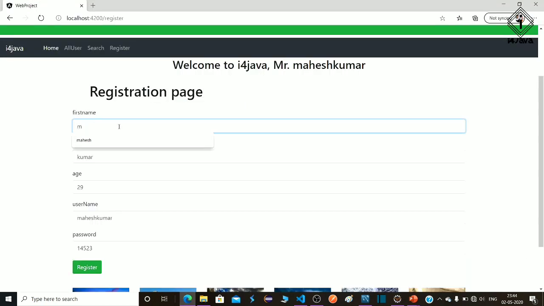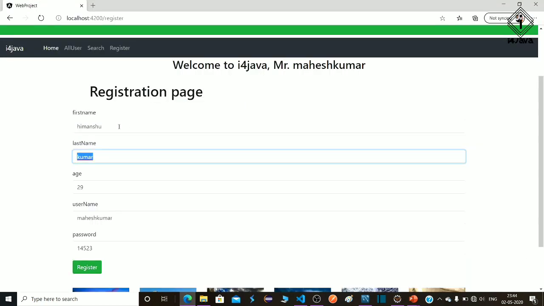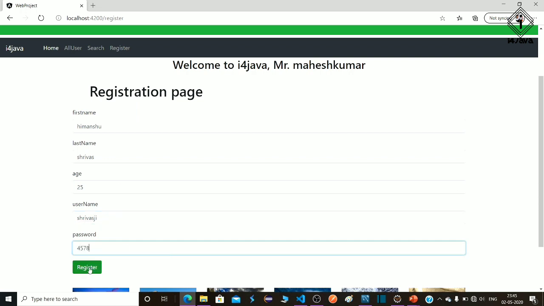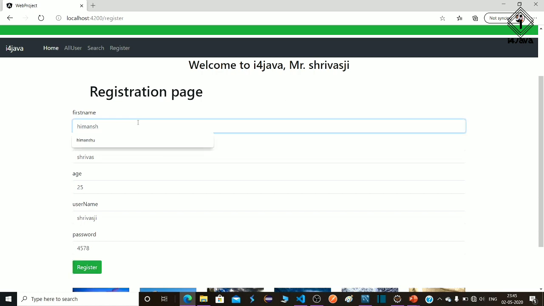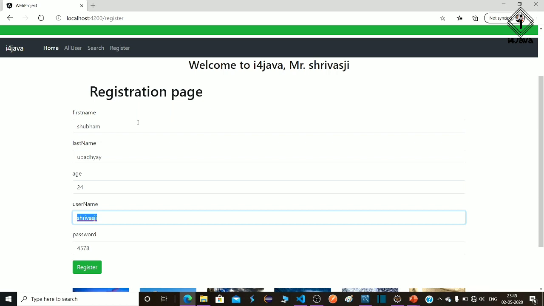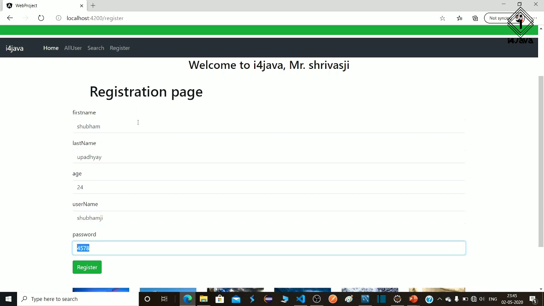So let's provide some more records also, like Himanshu, last name Srivash, age is 25 and username I'm giving Srivash G. Okay, and password I'm giving 4578. Let's register this also. So here you can see Mr. Srivash G. Again Subham Padhai, age 24, Subham G and 4521. Click on register.